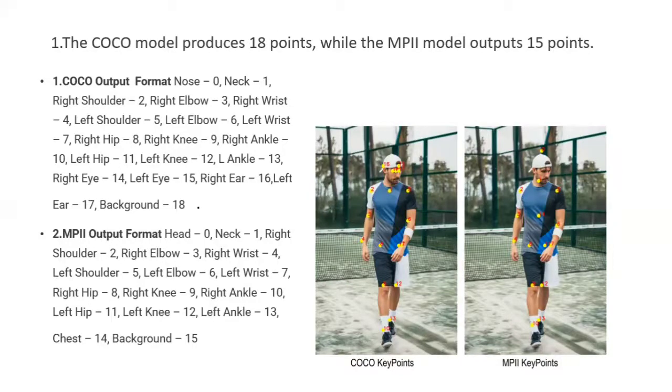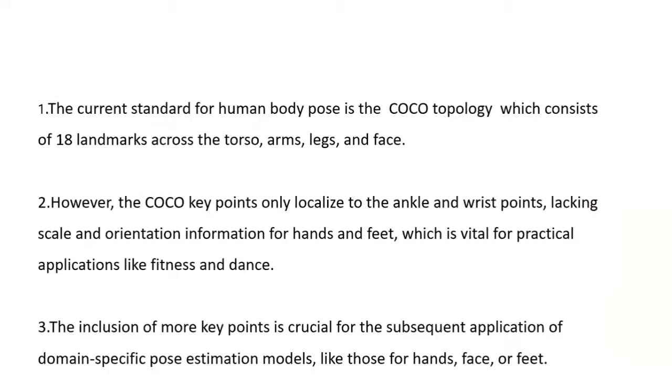Coming to multi-pose estimation, it is even less than the Coco output format. You can only look at 15. If you want to look at more, but it produces only 18 and 15, so for major applications we can't choose this type of data set. So we can conclude that we have to take more points on the human form, so that we can have a higher number of applications for this. So the current Coco topology has only 18 landmarks.